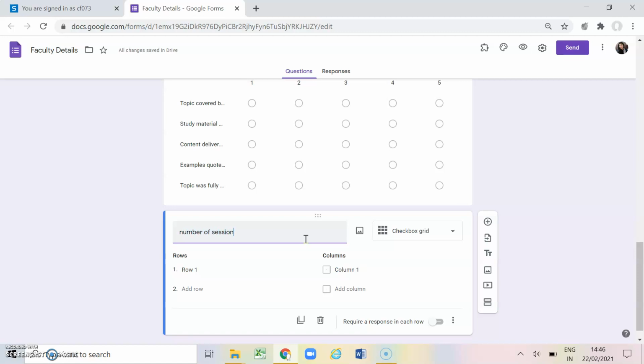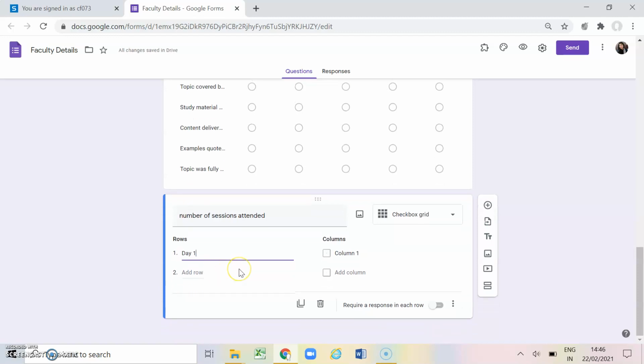number of sessions attended. Like there is an FDP which goes on for 4 days, and there are 3 sessions scheduled on each day. So I want to collect information from the respondents, how many sessions on each day they have attended.